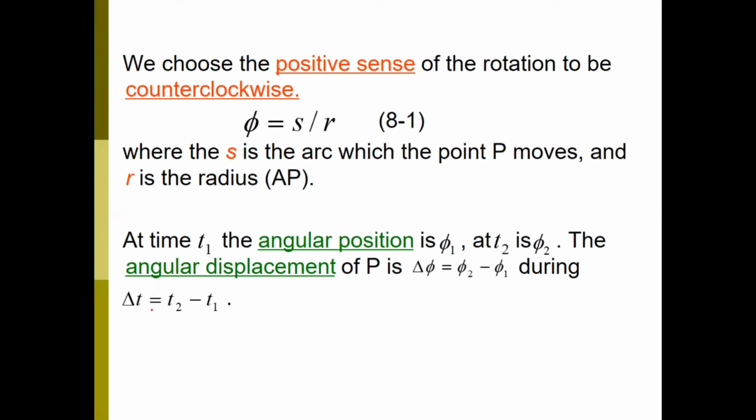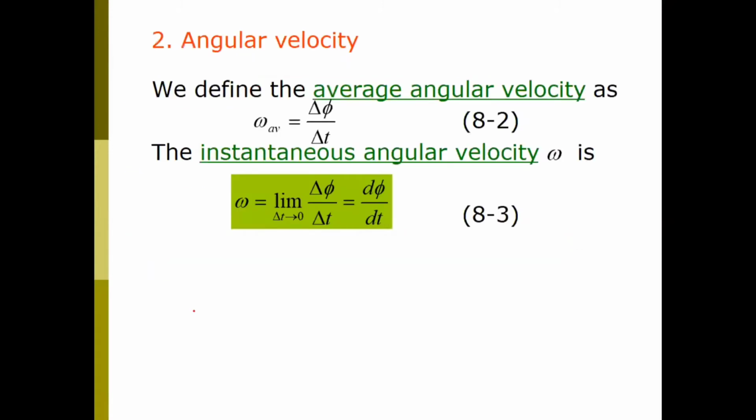During the change of time, or delta T, that is equal to T sub 2 minus T sub 1. The second thing is the angular velocity. To define angular velocity, we define the average angular velocity, omega average, as equal to the change of theta, or change of angle, over the change of time, or delta T. The instantaneous angular velocity omega is equal to the limit of delta T to 0